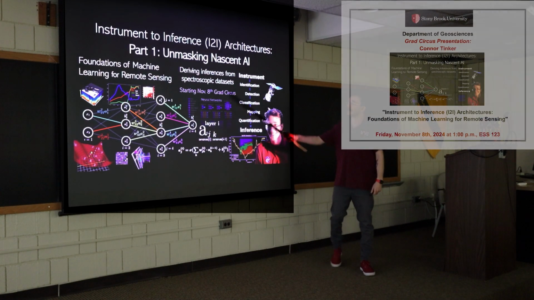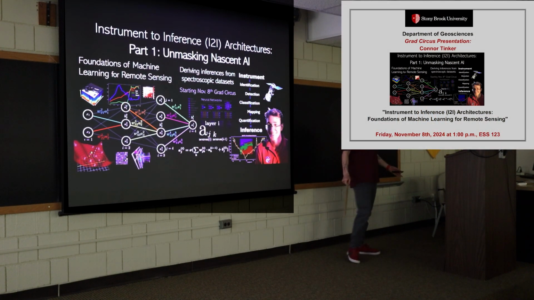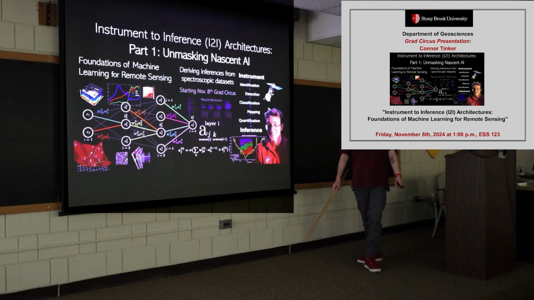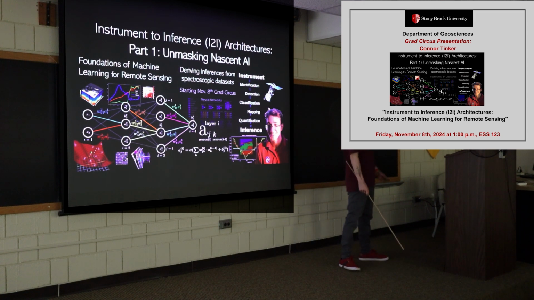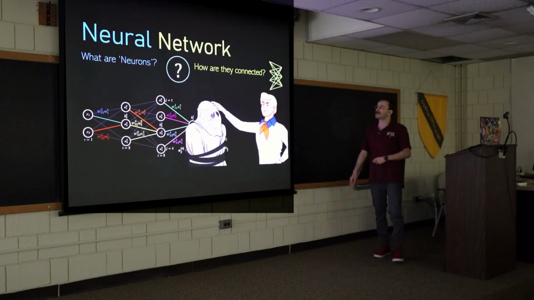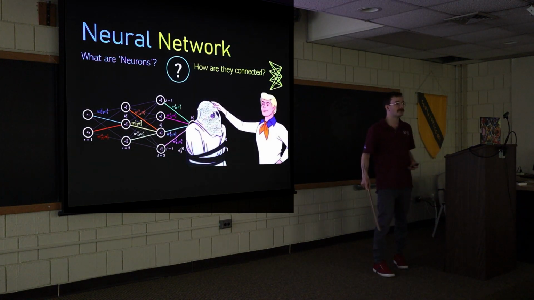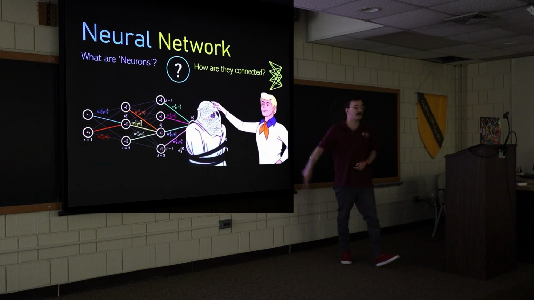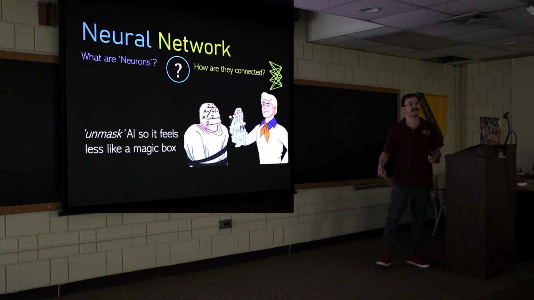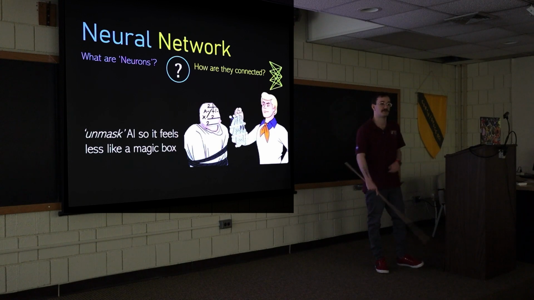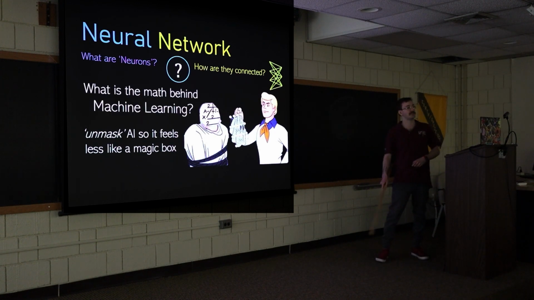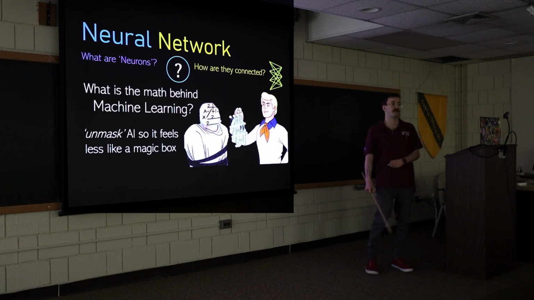Today we're going to be talking about instrument to inference architectures, and what I want to do today is describe the foundations of machine learning as they apply to remote sensing, and how we can derive inferences from spectroscopic data sets. I really want to focus here on the foundations of machine learning and try to describe what neural networks are and how they are connected, and try to unmask AI a little bit so it feels less like a magic box, so as scientists we can use these tools in our toolbox effectively, and hopefully describe what the math behind machine learning is so that we can better understand how it applies to